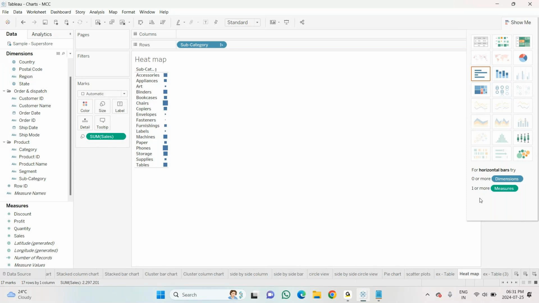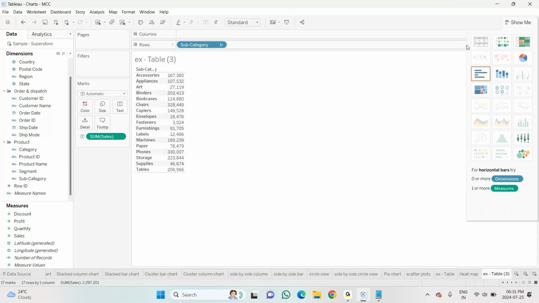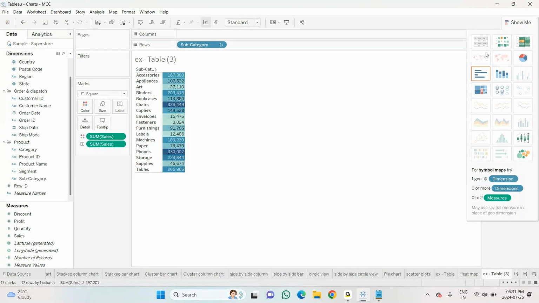Then the next one here, same thing. Instead of this, when I convert into table, it shows the numbers. When I convert this into highlight tables, this will show me the colors, highest value to lowest value. So how we have done in conditional formatting, right? The same thing is happening here, highest to lowest. If we sort this, you will understand how the colors are changing.